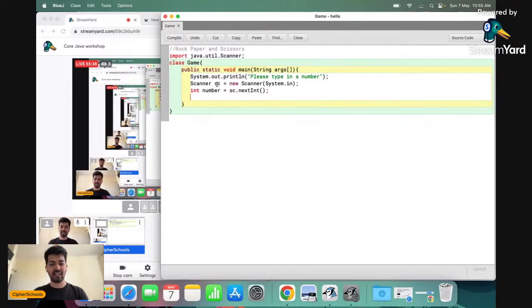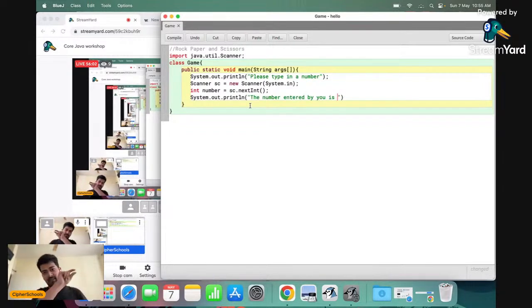And then over here, System.out.println. I'll write a message which says, the number entered by you is, and then I'll concatenate it with the number variable that I have used over here, and then the semicolon.